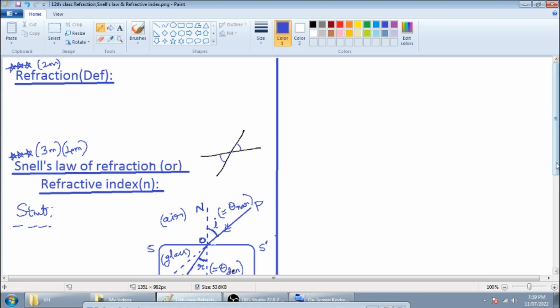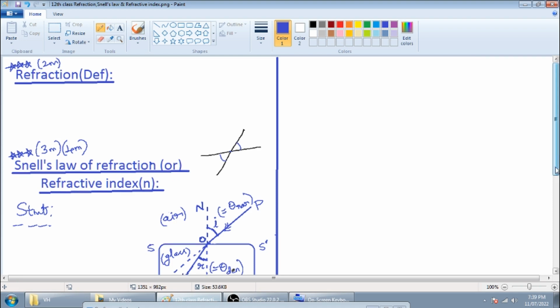So there are some things to be learnt by heart. The remaining derivations need not be learnt by heart. They will come automatically once the definitions or statements of the laws are applied. Every lesson has only 3 or 4 main definitions, and just 1 or 1.5 laws. Half a law means something like the previous lesson and this lesson together having 1 law; on average, half a law is taken in each lesson. So they are very simple to learn by heart. So don't think that